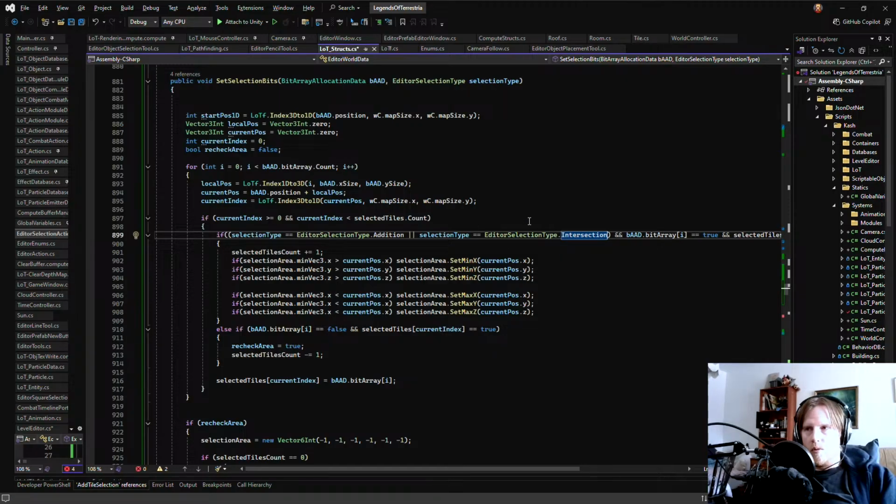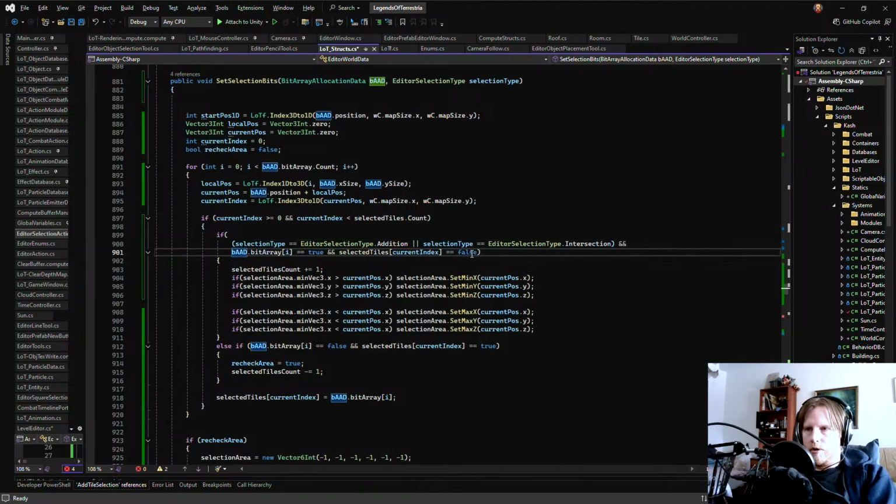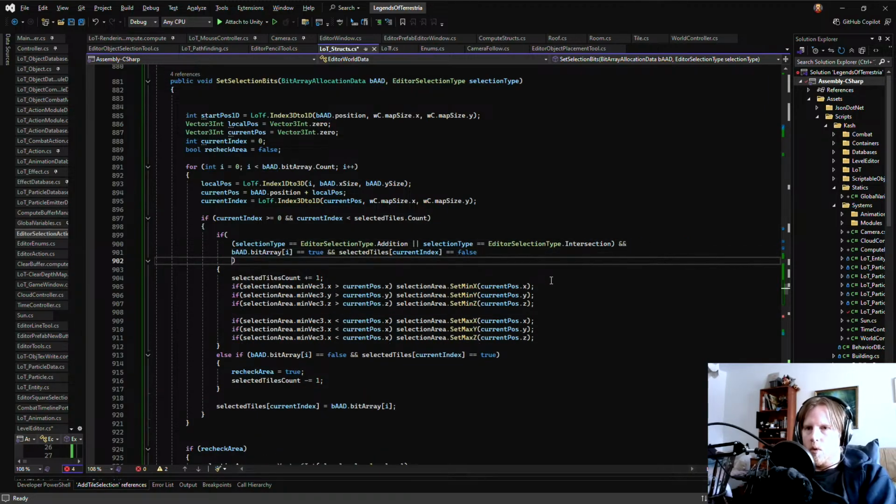I honestly don't know really what the point of intersection is when using a selection tool, but I have it anyway. I just always thought that intersection is kind of like, why does it even exist? Like, what are you using intersection for ever? I don't know.